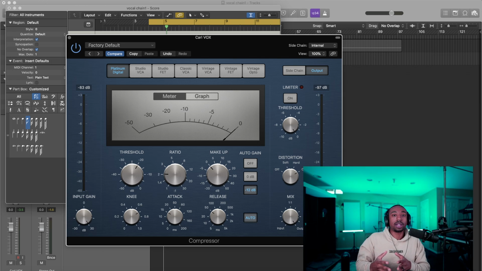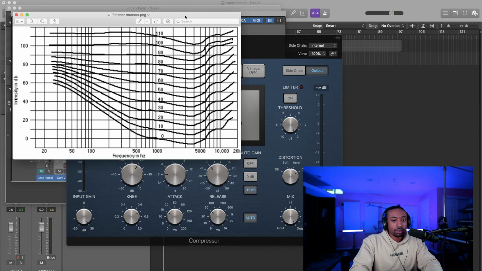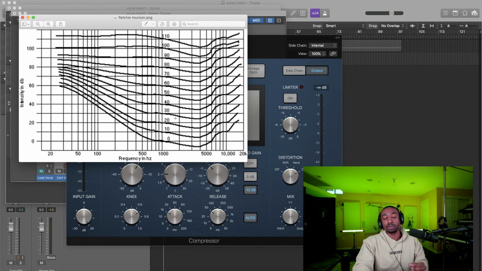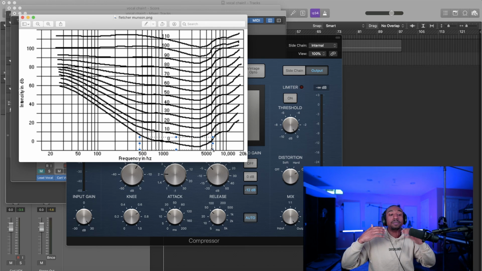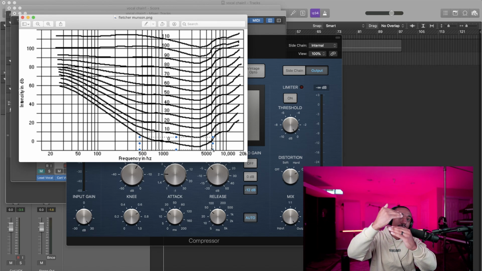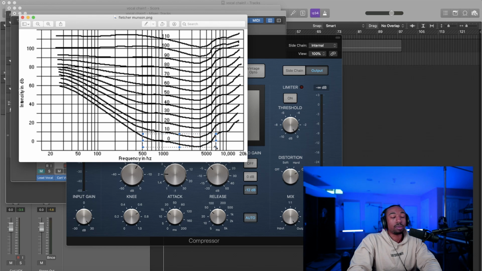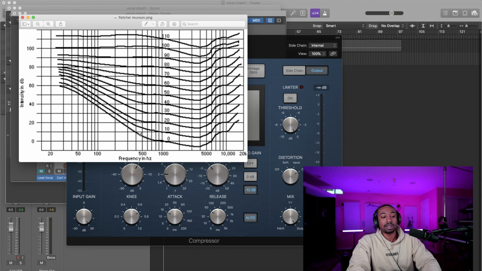If you go back to the Fletcher-Munson curve, let me actually pull it up real quick. Remember in video 1 how we went over EQ and we described the Fletcher-Munson curve. So certain frequencies we just can't hear to the natural human ear. And we need a compressor to pull up those volumes so that we can hear them more naturally. That's what a compressor is doing. So we can hear everything naturally from 500 to about 5K. But what about all these other frequencies that are just in the background?